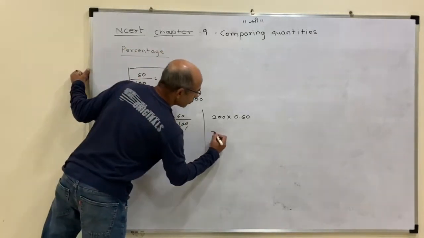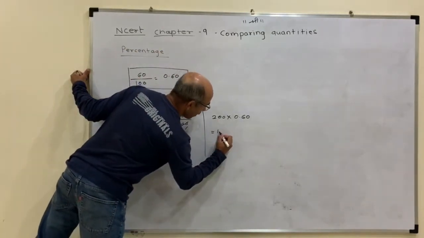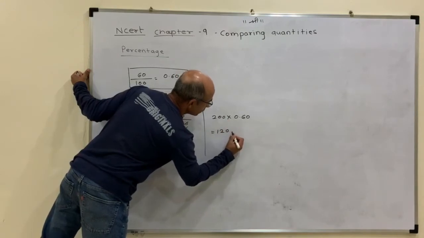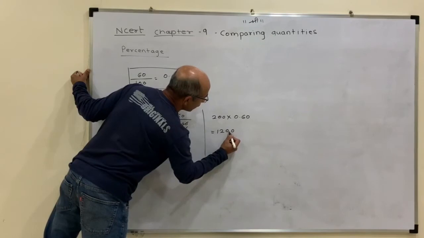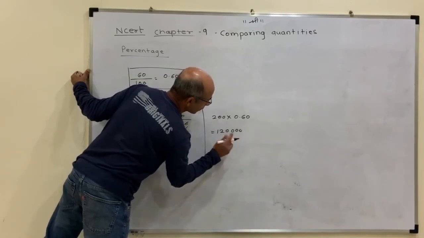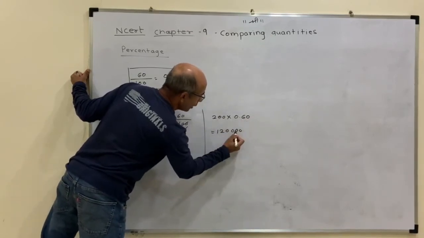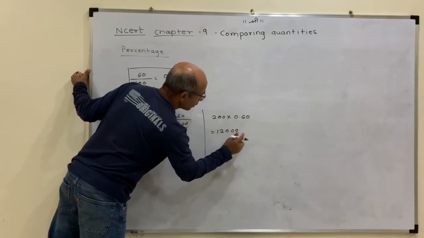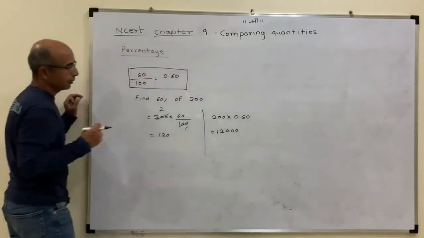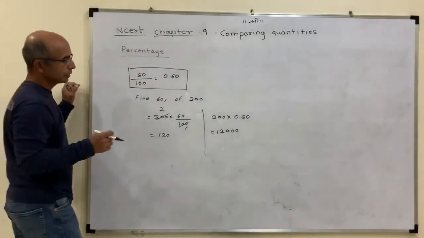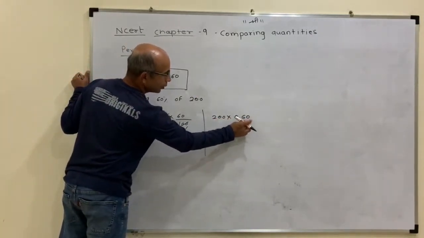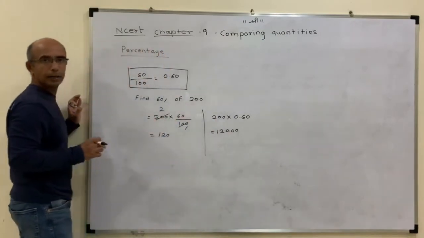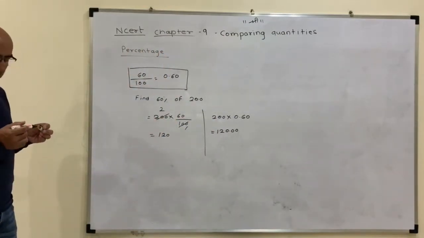So here it comes out to be 6 twos are 12, 0 0, 6 twos are 12, and then these 2 zeros. Sorry, I took an extra one. So 1 2, it comes out to be 120. Yeah, so 60 twos are 120 and these 2 zeros, and then 2 decimal places I did it. So it comes out to be 120.